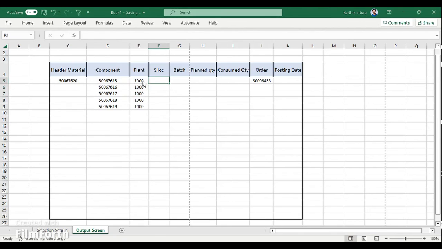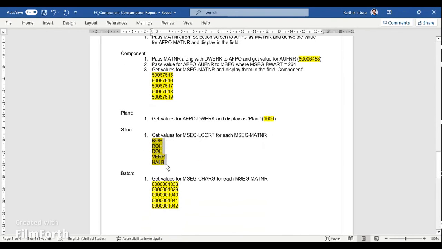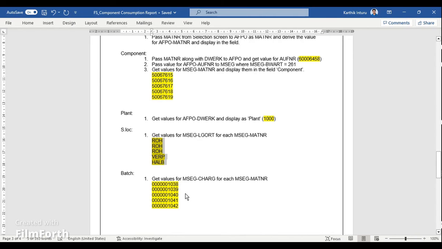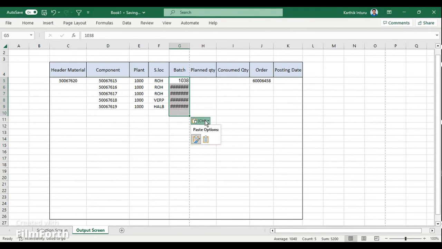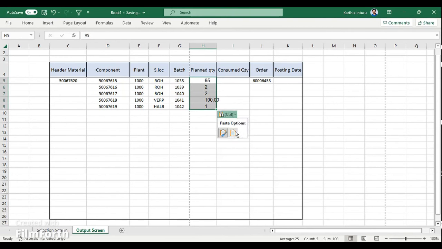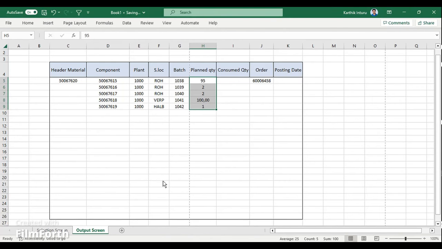And the storage location, the storage locations are different, and the batch, so the batches are also different. So this is my batch number, and then the planned quantity, and then the consumed quantity for the 261,